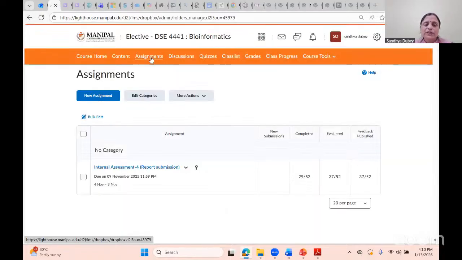What we will do, sir, is form the group, and after forming the group, you can ask the students to go for the presentation. Once they are giving the presentation, we will circulate the form link, and using the link, I will ask them to enter the group ID and enter the marks.